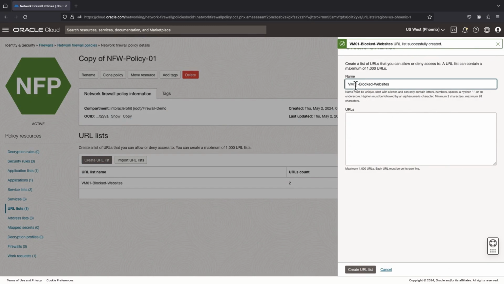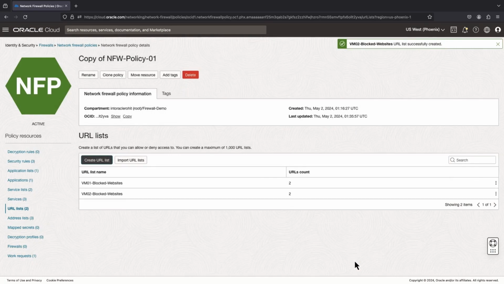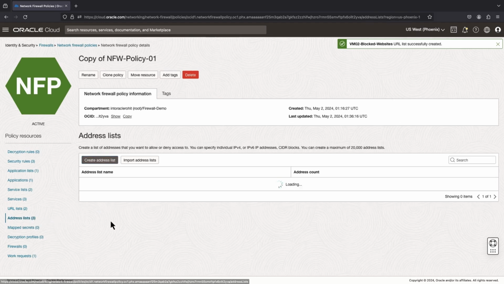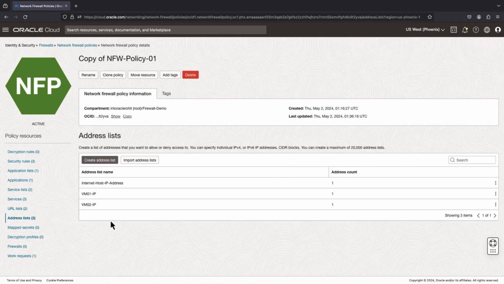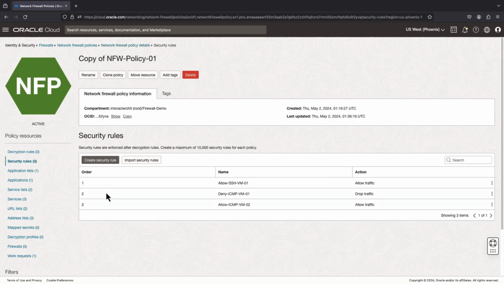Name will be VM2 blocked websites, and website URL www.yahoo.com, and same *yahoo.com for subdomains. Now both the URL lists are ready. Next, we will not add any IP address as we already have the IP address list created for the internet host and for both VMs. So we will go ahead and configure the rules to block access to the websites from